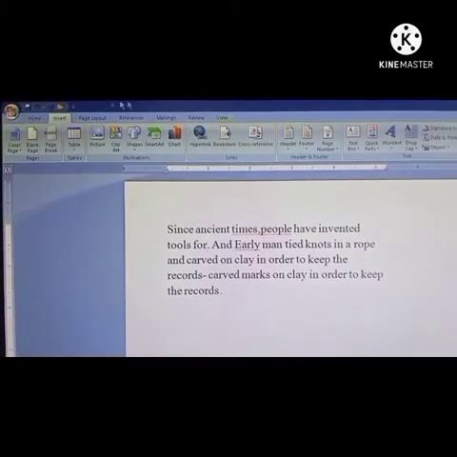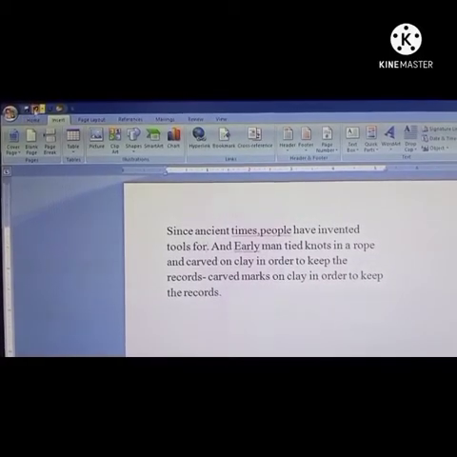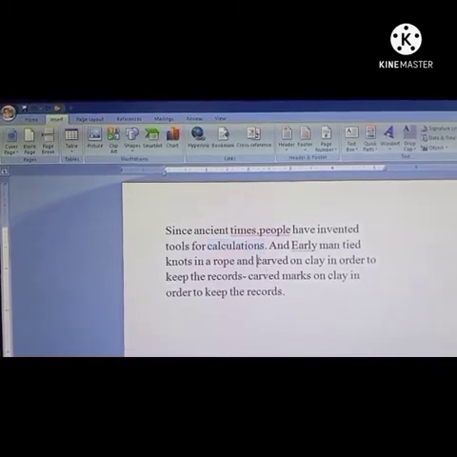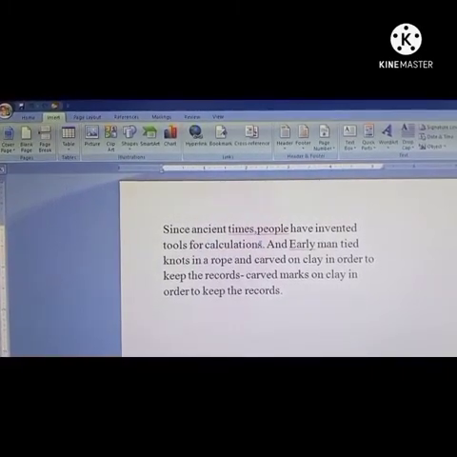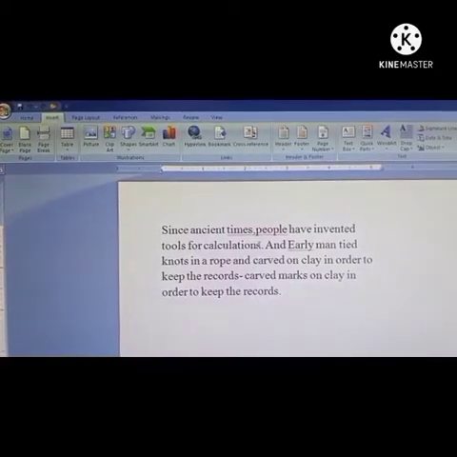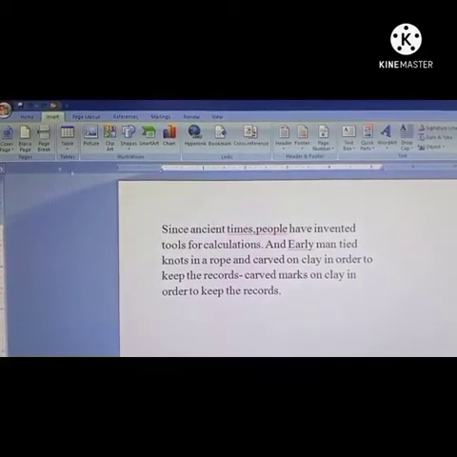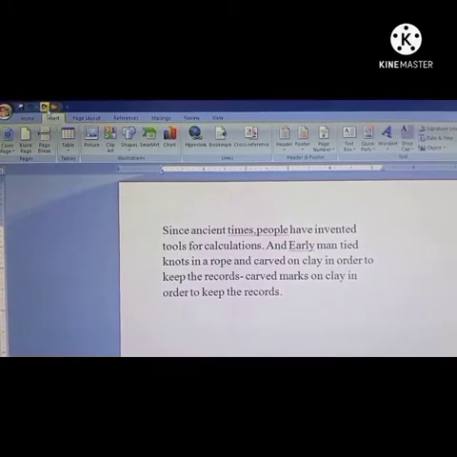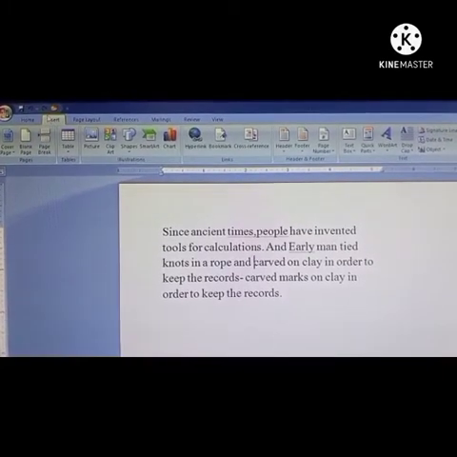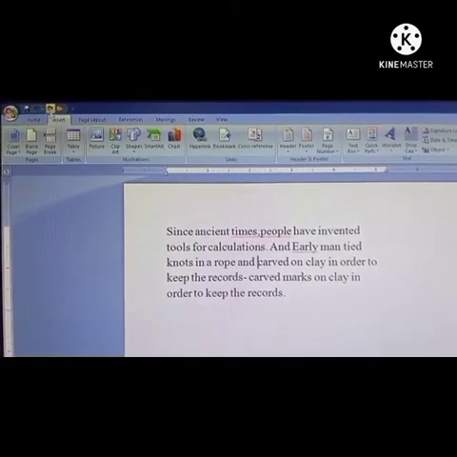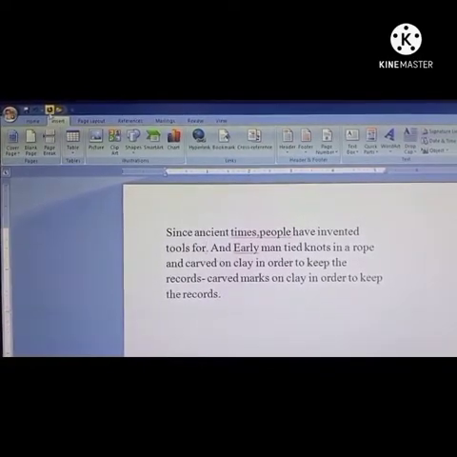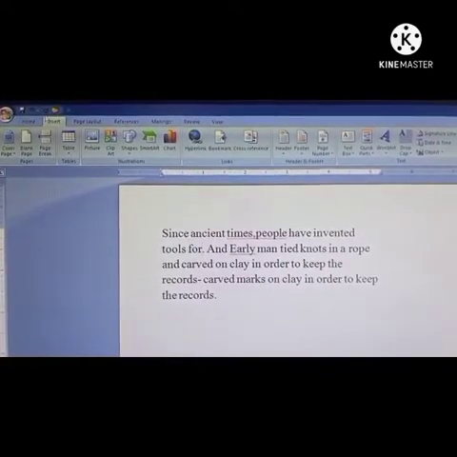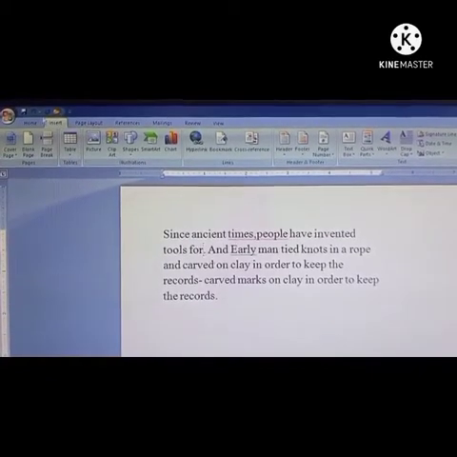Bring the cursor on the undo command here, click it here, and your word will be back here. Now again you are thinking no, it should not be here. Then again bring the cursor on the redo command, click it here. Okay, again it has gone. So children, this is the function of undo and redo command.